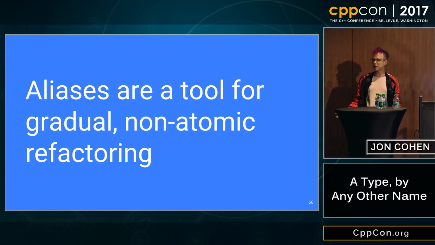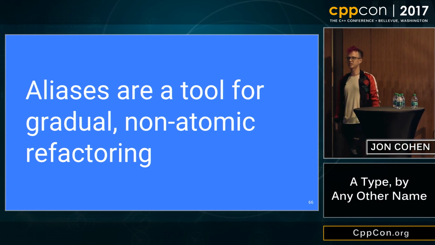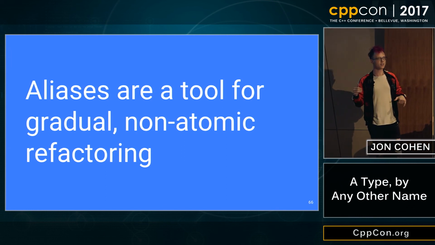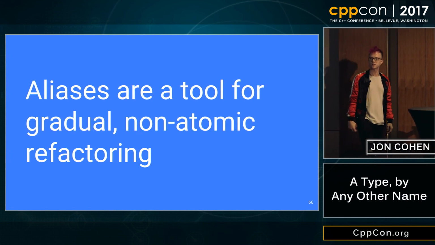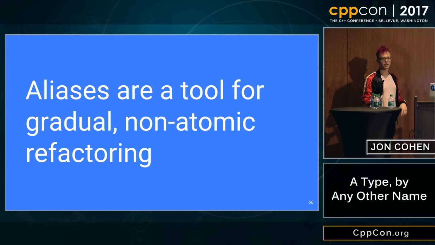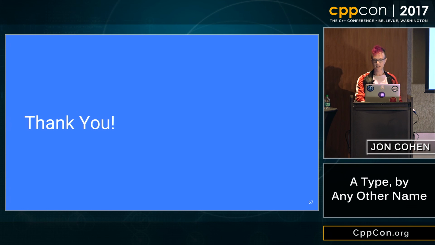And if you read their blog post about it, the expressly stated reason was, we needed a way to do large-scale code-based refactorings and reorganizations. We have fundamental dependency problems that we can't solve without these at the size of code base that the Go compiler now is. So this is really the hidden power of aliases. And that's how you can rename a type. Thank you very much.